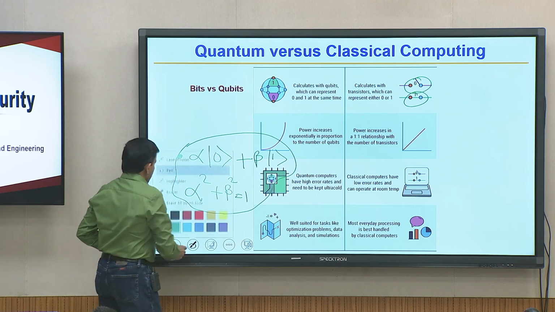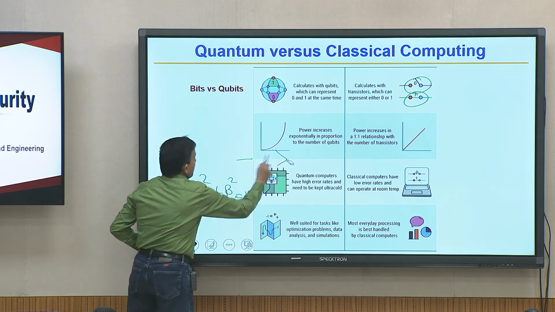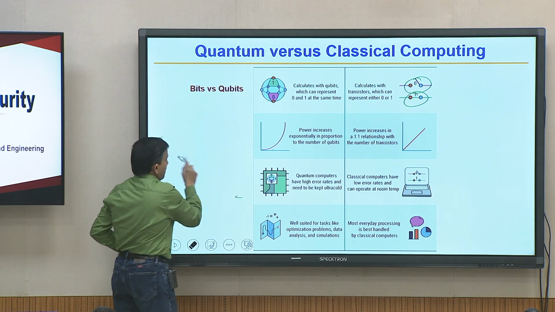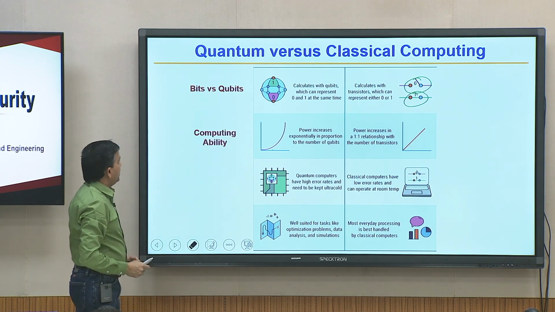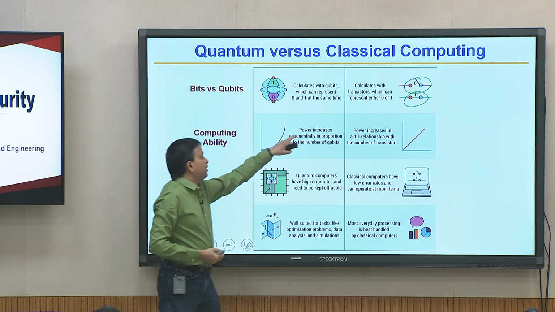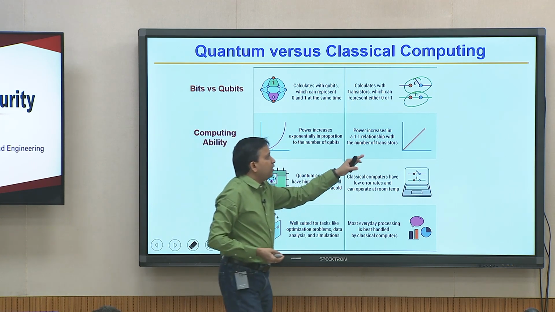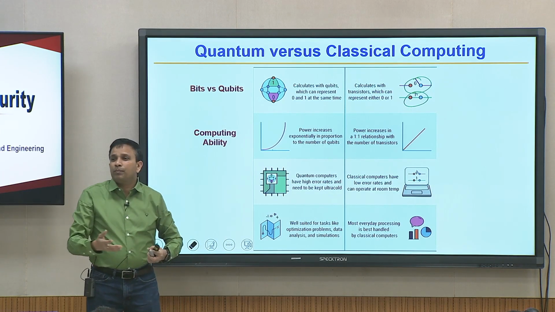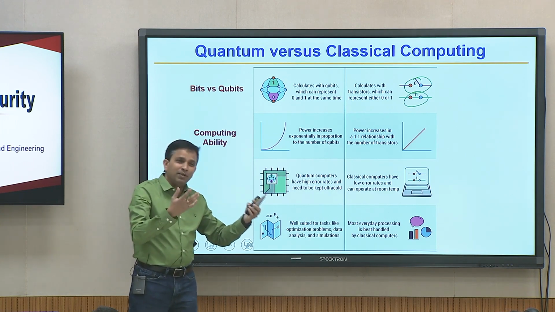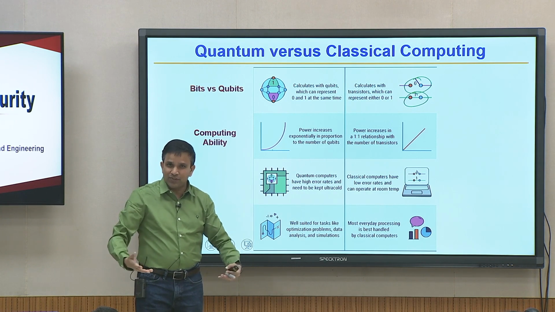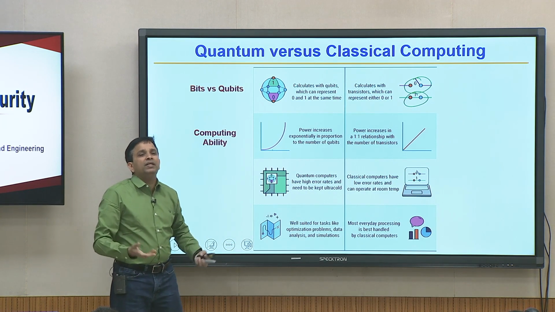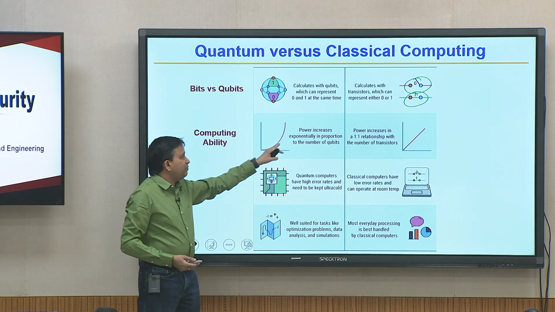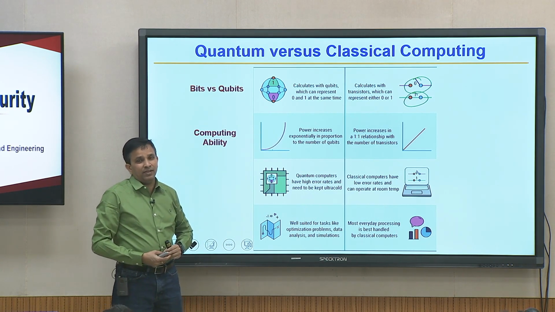So, that is basically about the qubits, and then in terms of computing ability. So, this power is the computing power. In classical, you put more transistors, it linearly increases. You have one ALU, whatever is the performance, you put 2 ALUs or 2 processors, double the performance. Of course, it assumes your program has parallelism, the compiler is able to generate parallel threads, you are able to keep those processors busy, all of that is important, but theoretically you can have a linear increase. In quantum, it is basically an exponential increase.